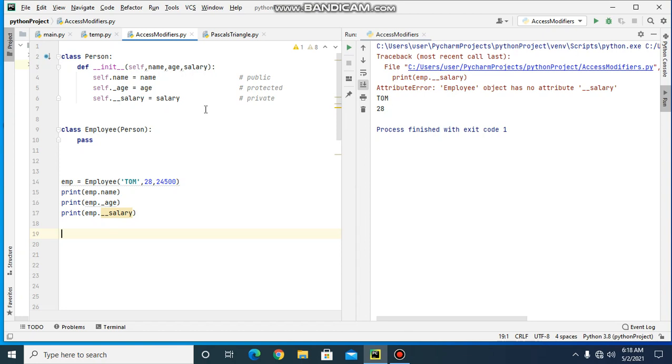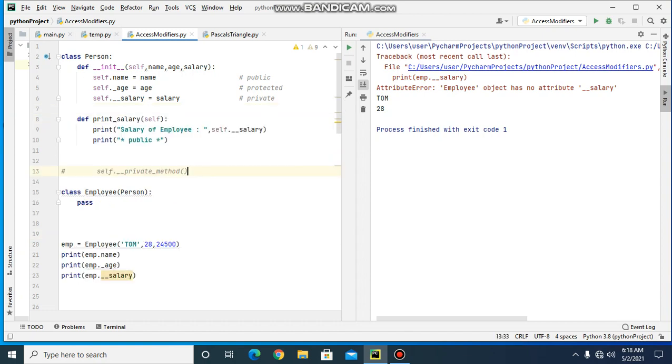So we will try to access that from within the class now. We will try to access that from within the class Person. So here I have defined a method print salary. So I am printing the salary here. I am accessing the private variable from within the class here, and then I am displaying this message public.